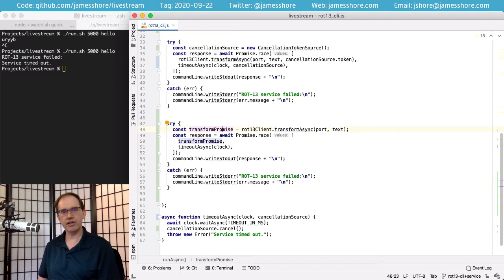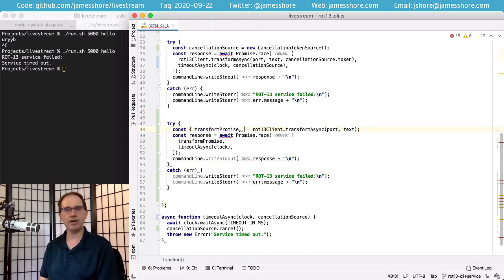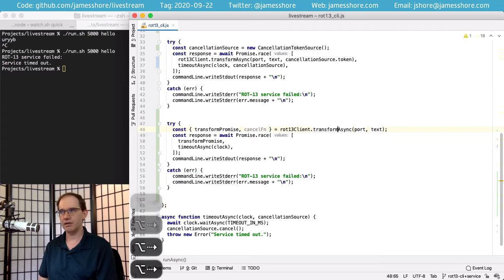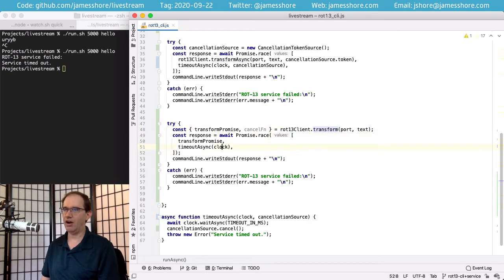And so we're already returning something, but returning multiple values in JavaScript is super easy because we have destructuring. So we could return the transform promise and we could return a cancel function like that. And that's really interesting because now if we've done that, all we have to do is pass in the cancel function here to our timeout. We'll take it here